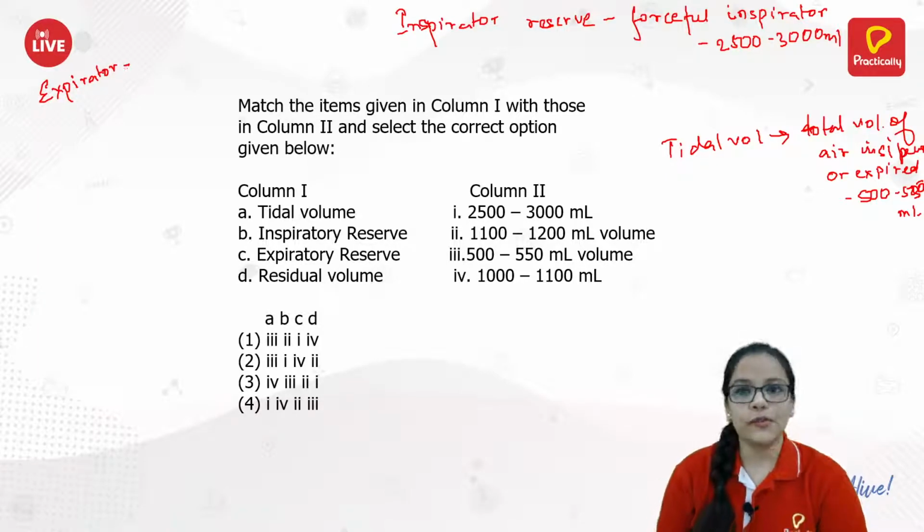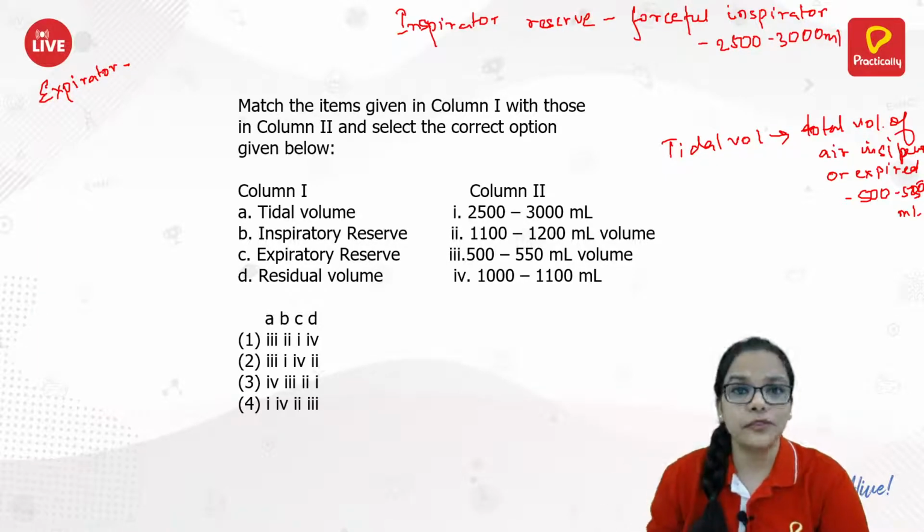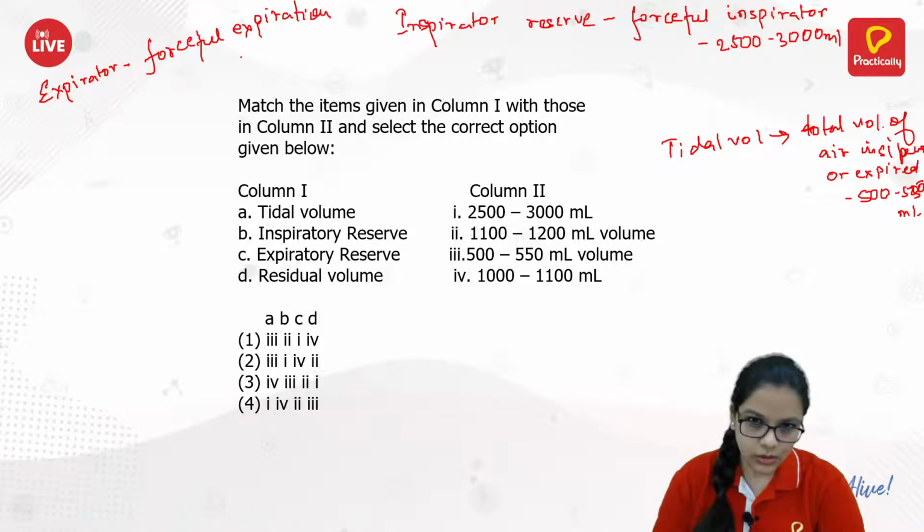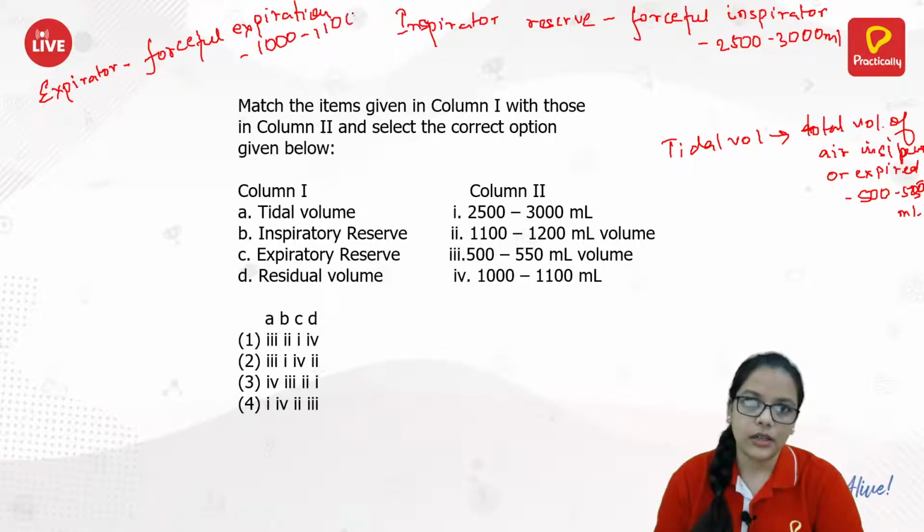Now forceful expiration, the additional volume for forceful expiration, that could be around 1000 to 1100. And finally residual volume,